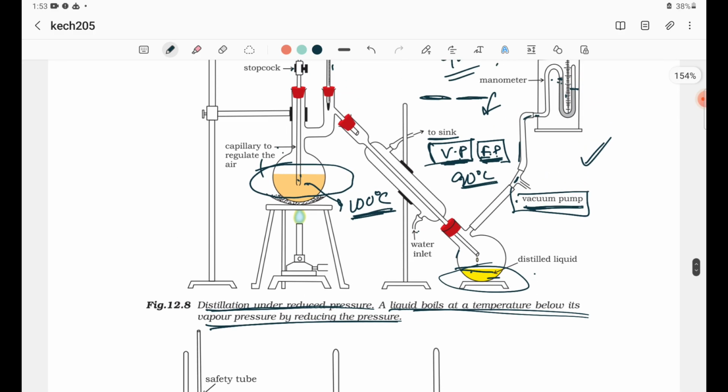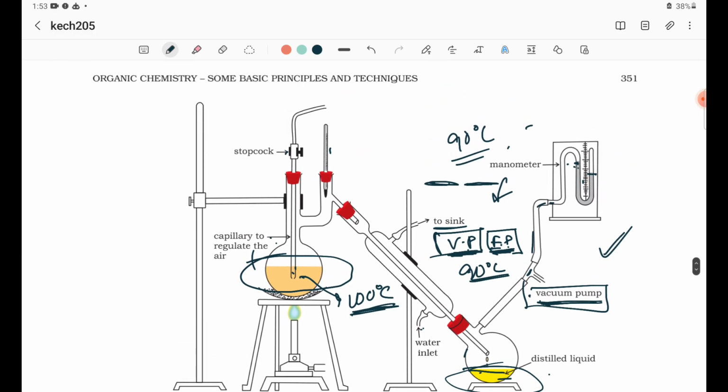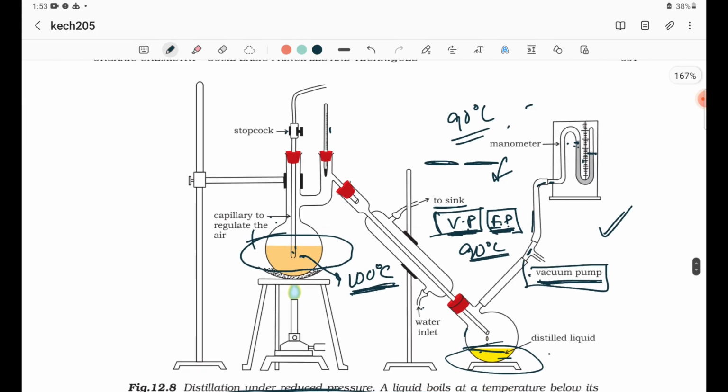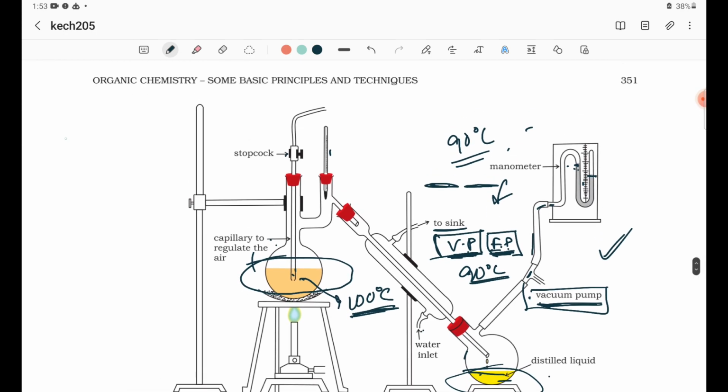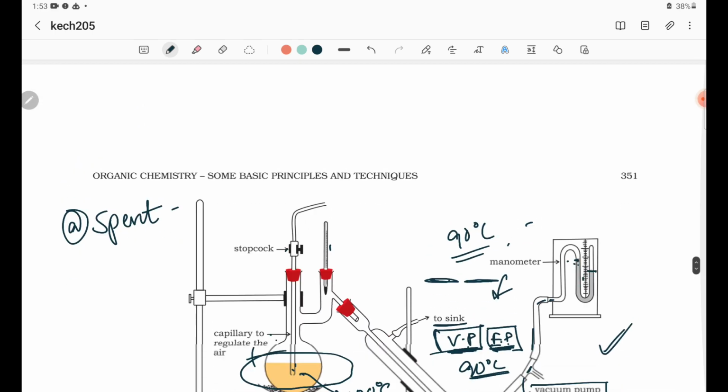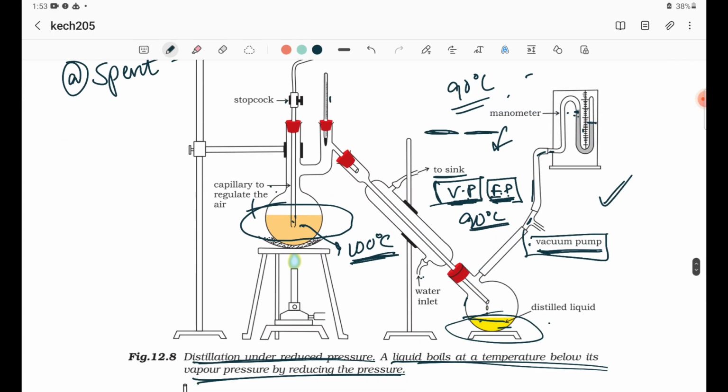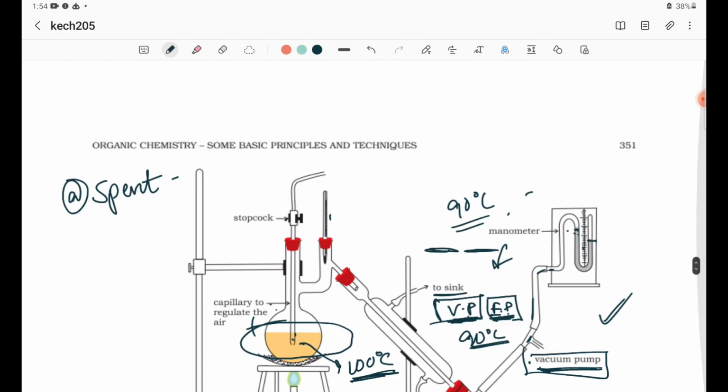Or you can expect another question like that. This setup is given, and you will be asked: by this method, option A, spent lye is separated from glycerol. So there can be questions like this, or it can be that this method is used to separate two volatile liquids having different boiling points, two volatile liquids having the same boiling point, or one volatile liquid which will decompose at a lower boiling point temperature. So all this. Now the steam distillation,